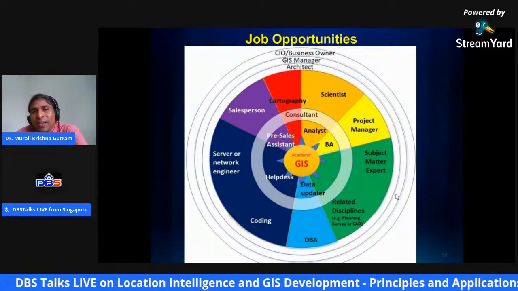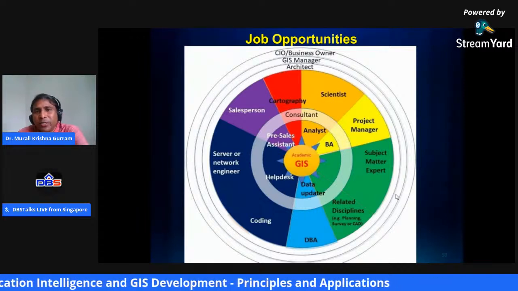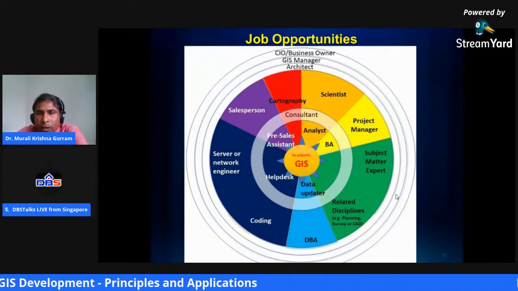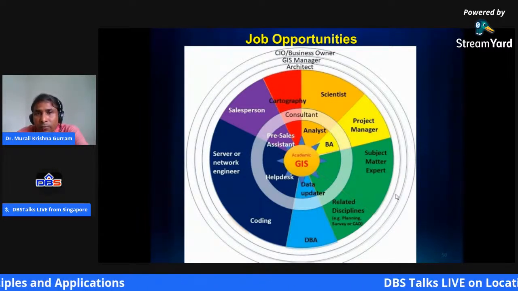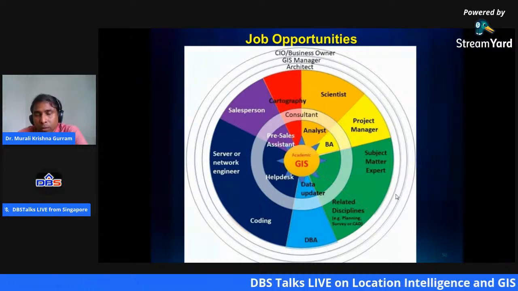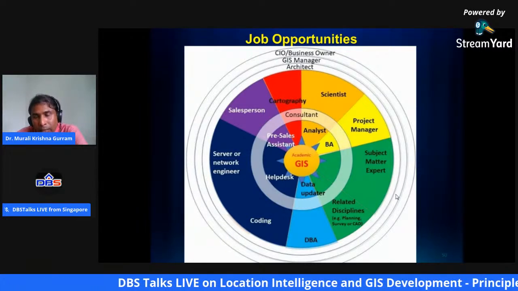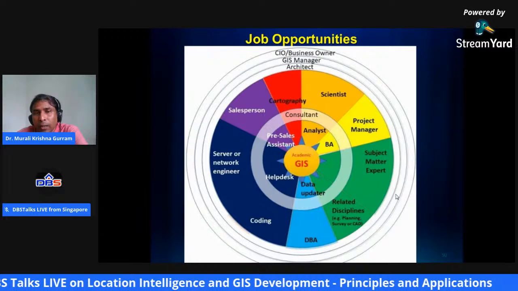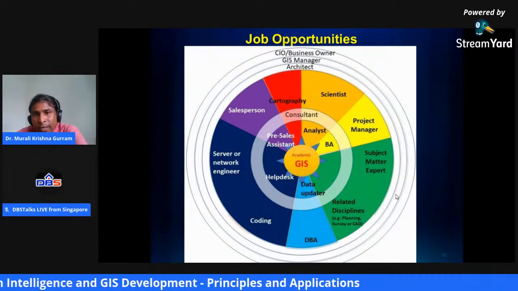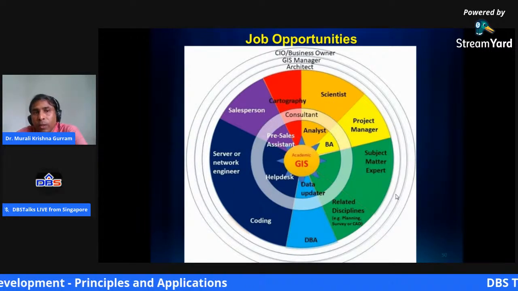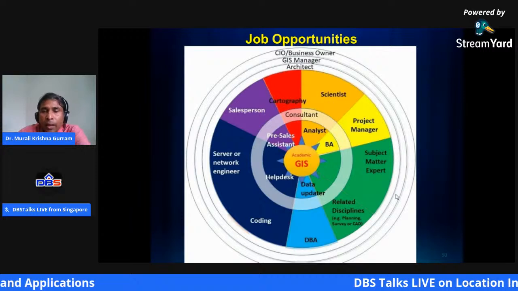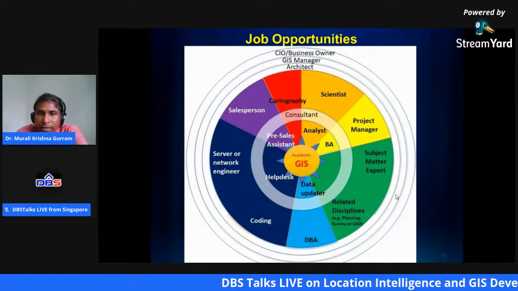Here you can see the wide range of opportunities you have. In whichever direction you want to go, it all depends on your skill, your inclination, your learning ability, and your desire.